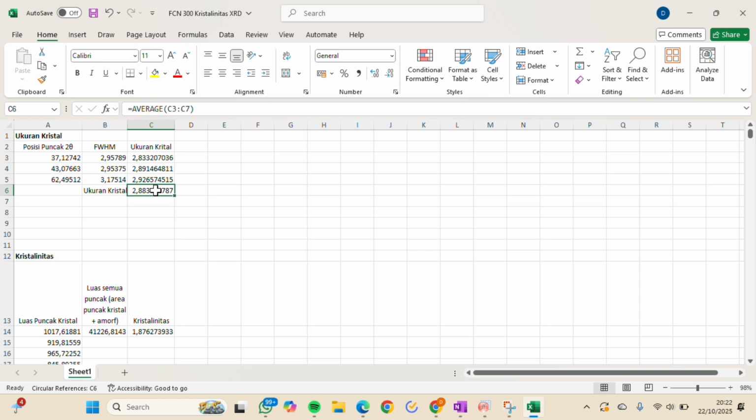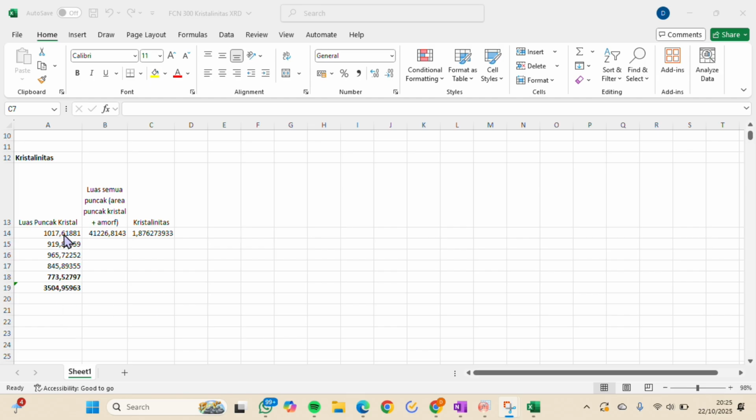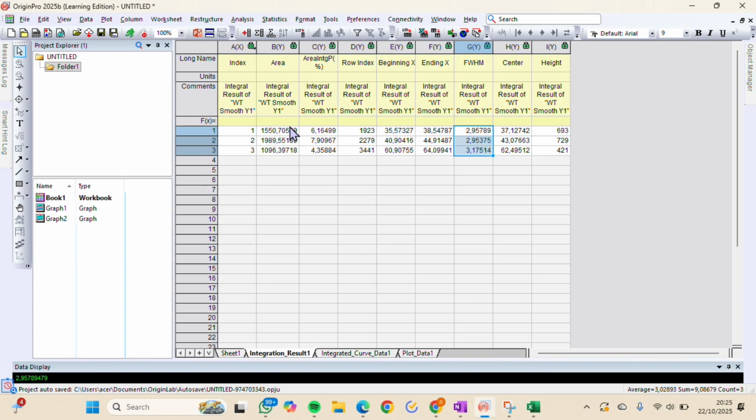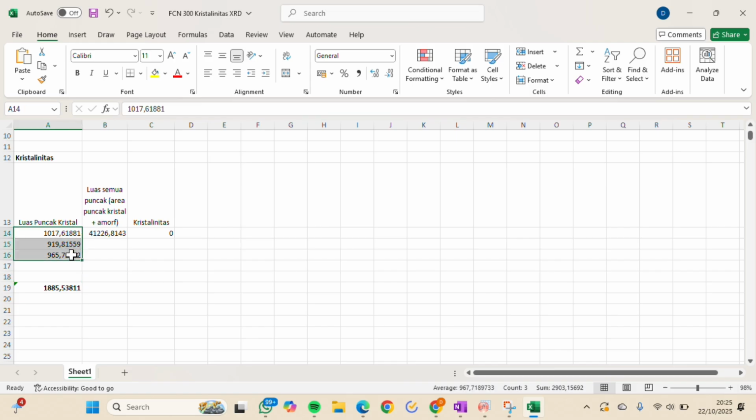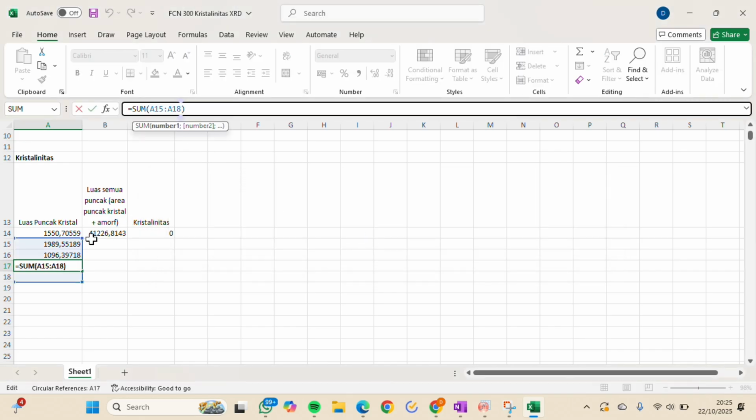ukuran crystal result. And then after this, we also fill the crystallinitas formulas in this Excel formula, and before that we must match the column with the data that we obtained before, because we only have 3 data, and then we go to the Origin and we copy the data in the column B or in the area name, and then we copy in the Origin application, and then we get the average of summary in the luas puncak kristal.